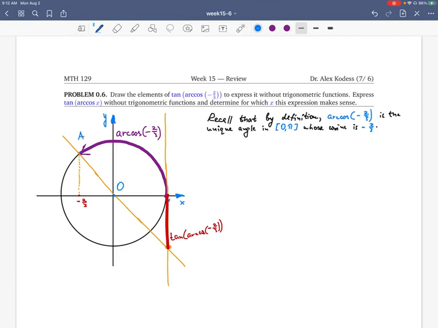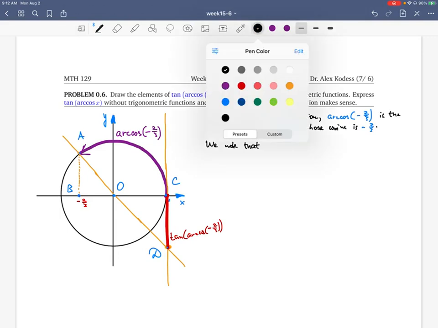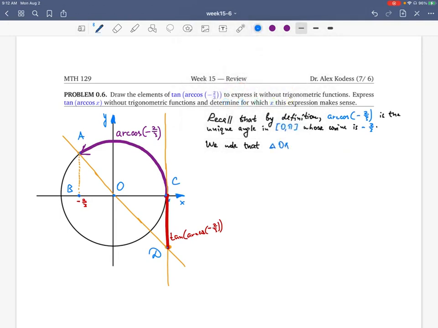O, A, B, C, and D. So clearly we have triangle OAB similar to triangle OCD, implying, for instance, that CD divided by OC equals AB divided by OB,